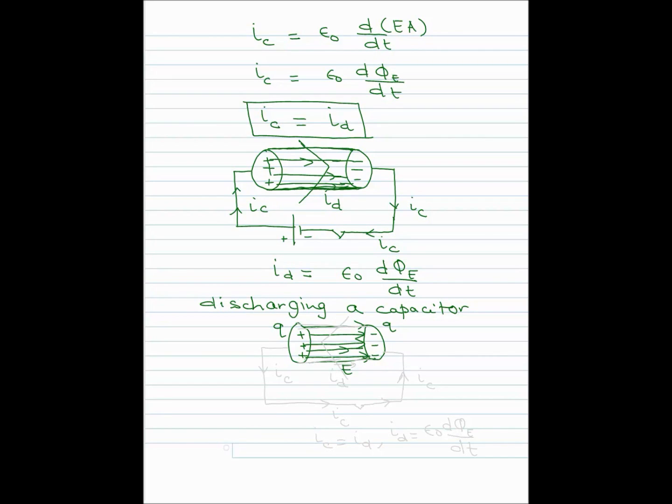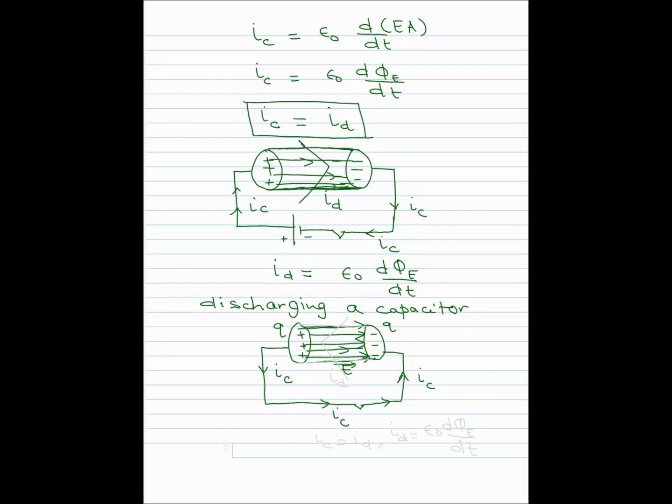And this time, when we actually connect this in a circuit and close the switch here, what will happen? Well, this time the electrons will go from the negative through the wire and they'll go towards the positive, and so we can say that a conduction current is flowing in the direction opposite to the direction in which the current was flowing during charging. So the conduction current is flowing like this time in the counterclockwise direction, and so the displacement current can again be thought of as a fictitious current